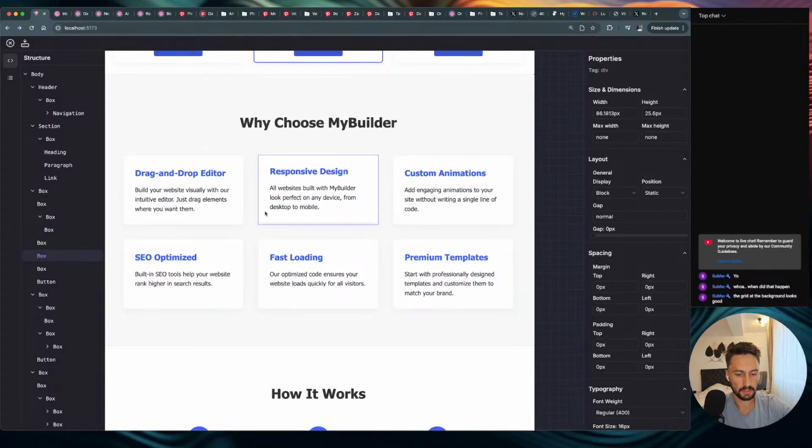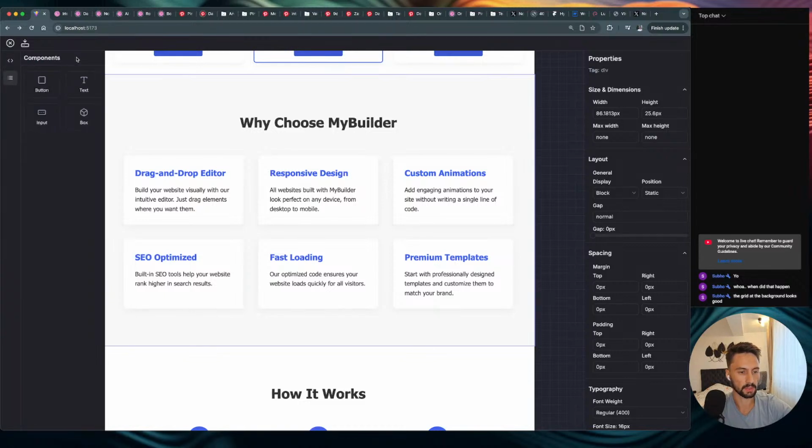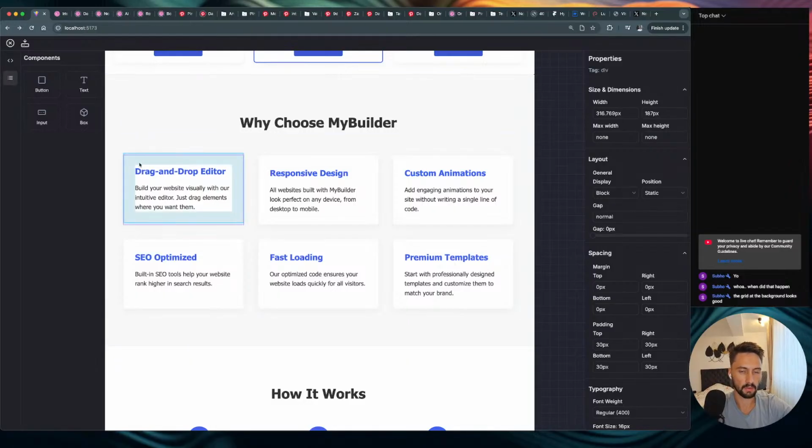These cards, as you can see, there are 6 different cards, and they pretty much look the same design-wise. The text is just the text that is different, like the title and the description of the card. And I was thinking to add an entire component feature in the builder. So you can go here on the side, press a button to create a new component, and we can call it like a card component or something, and build this only one card and have placeholders for the title